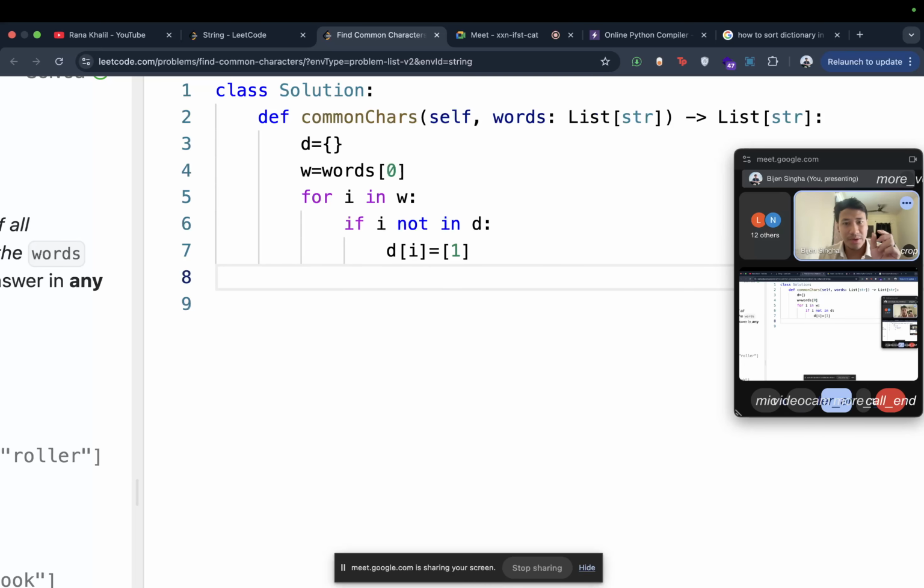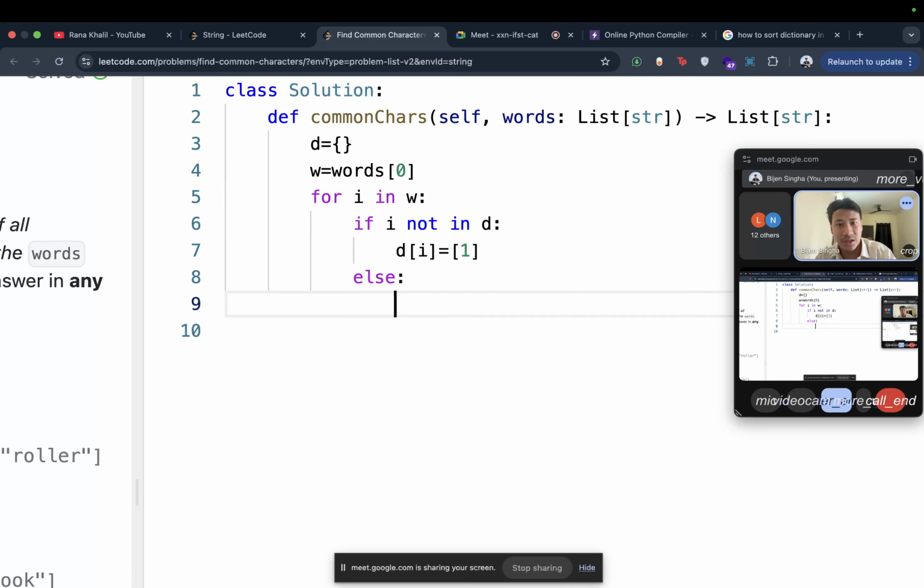Okay, I'm keeping not in d means I'm initializing it with 1. Else if it is there, I can initialize it with if the word is not there. Let's say here